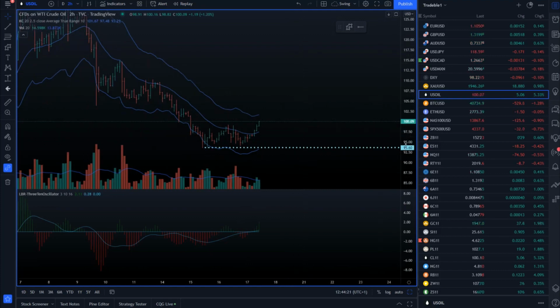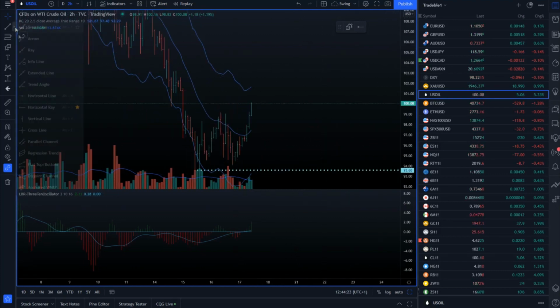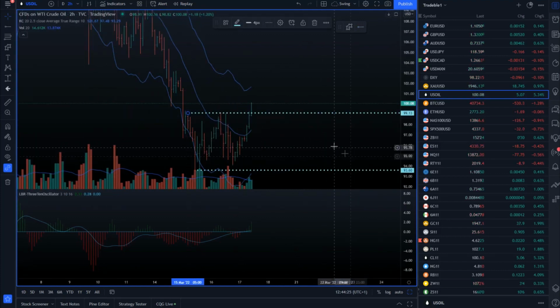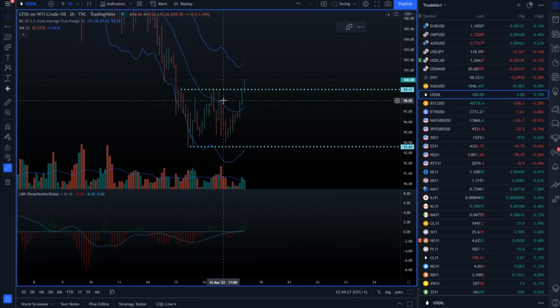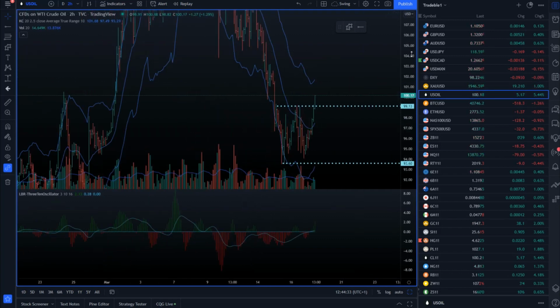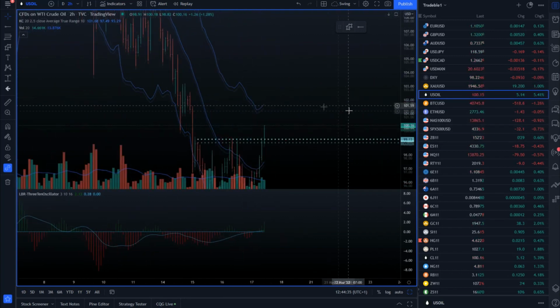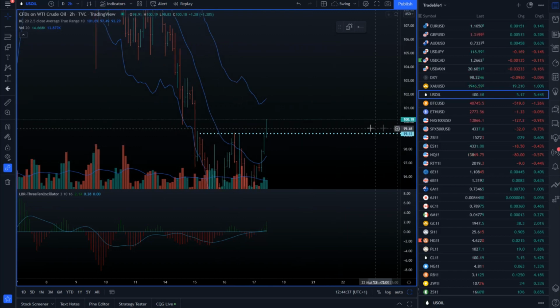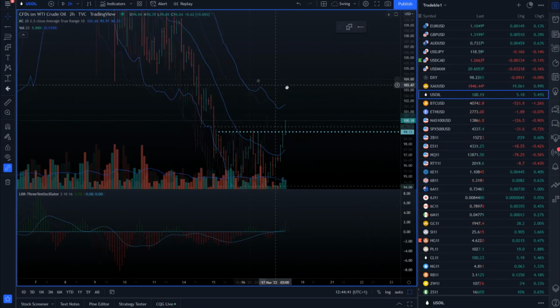Speaking of the crude oil, we're breaking the recent swing highs on the 2-hour. You can see we're breaking the swing highs. We got a double bottom potentially here, and market is right now trading higher. It's already trading into the 100 area, and from this perspective, you know, I can take a